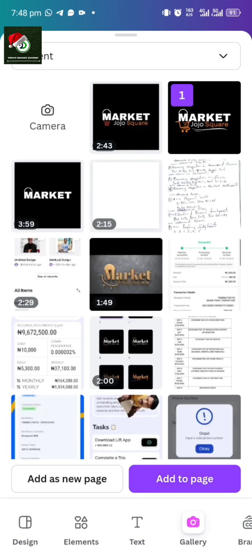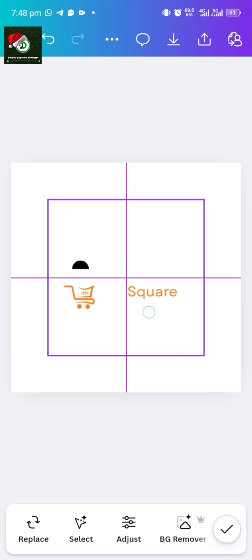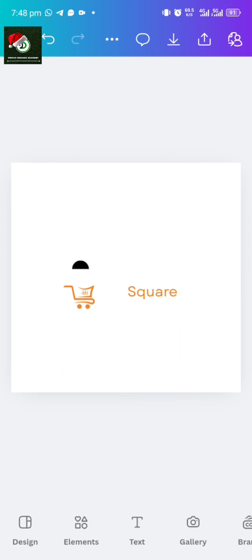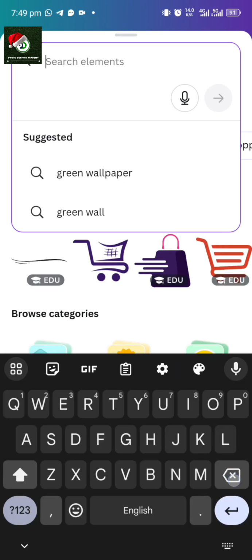Remember, that is PNG format, no background. You can see that, no background. Okay, so what I can do is to change. Okay, before then, I'll go to my element and look for a nice background. Okay, I think I should use black